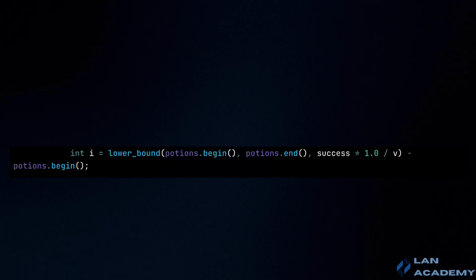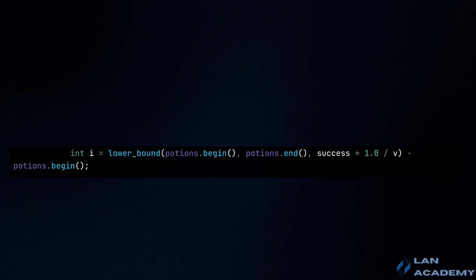To avoid division errors, we convert success to a real number by using success times 1.0 divided by v. We then find the first item in potions that has a value greater than or equal to this converted value using lower bound of potions.begin, potions.end, and value.